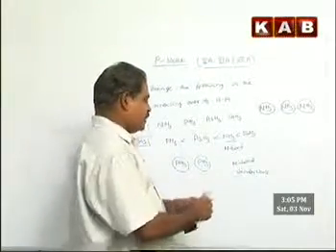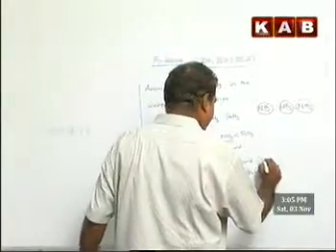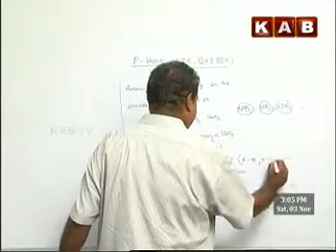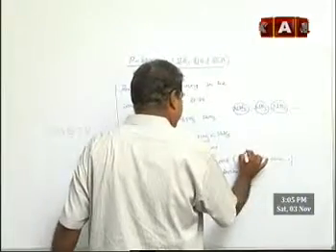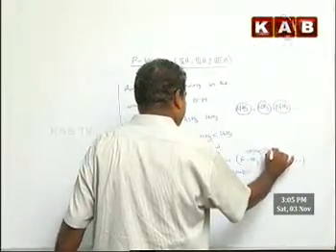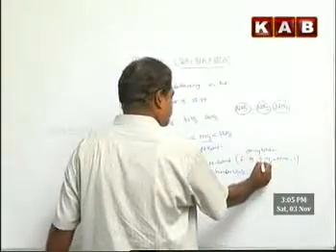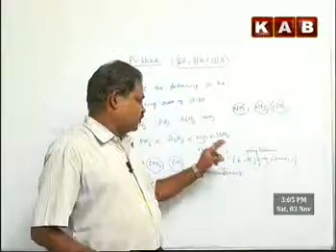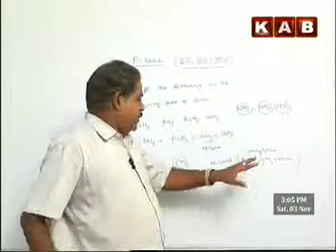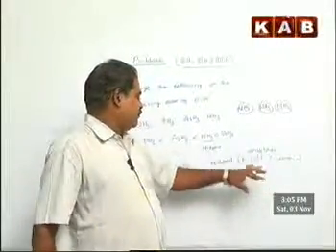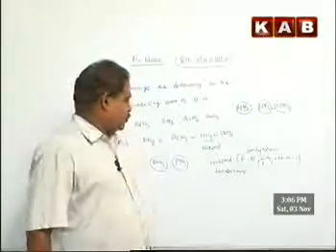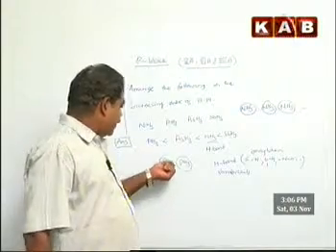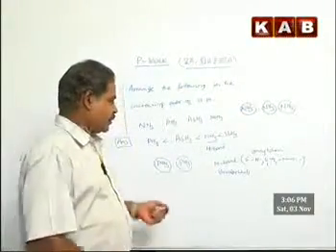And hydrogen bond is there only when FH, OH, NH bonds are present. I repeat, only when FH, OH, NH bond. So you should have nitrogen, oxygen, fluorine bonded to hydrogen. If you don't have any of these three, forget hydrogen bond. So in the absence of hydrogen bond, there is only van der Waals attraction, and van der Waals attraction is